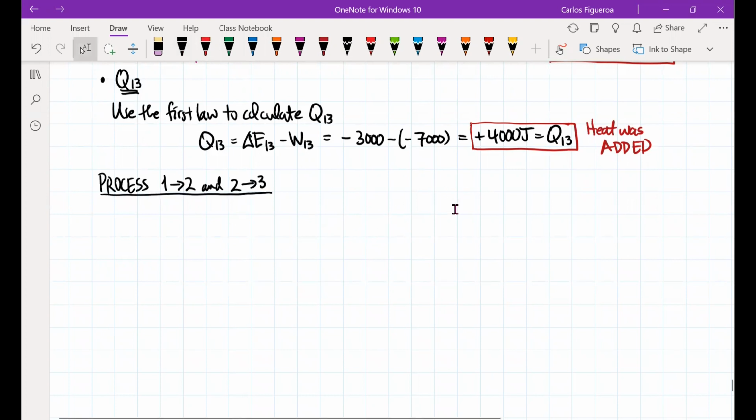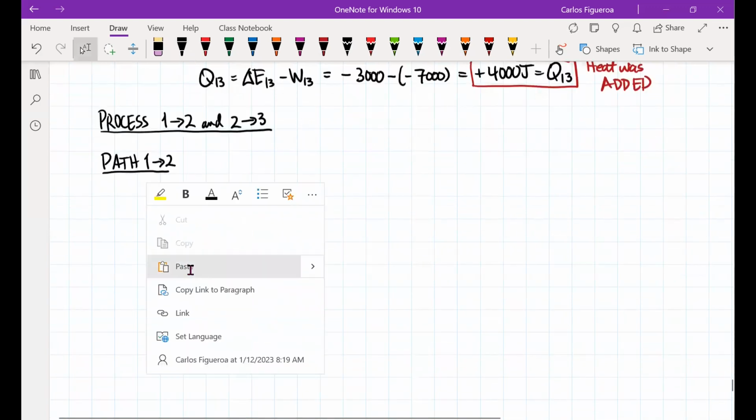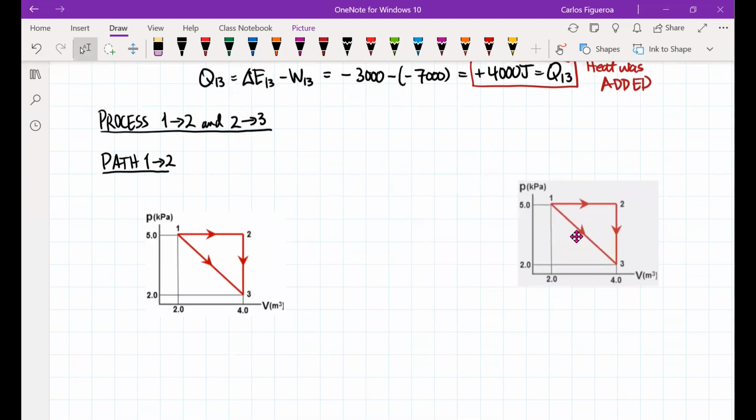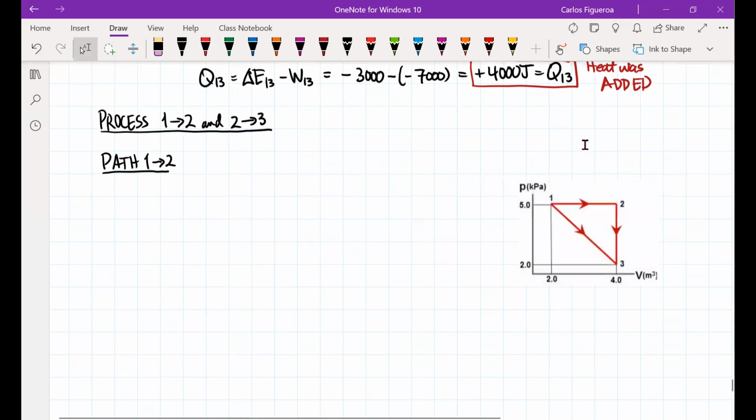So here we go. Now I'm going to start off with path 1 to 2. The first thing I'm going to look at is that I'm going to paste this guy and put this over here. If I look at that, I'm looking at the work between 1 and 2. So the work between 1 and 2 has to be the negative area